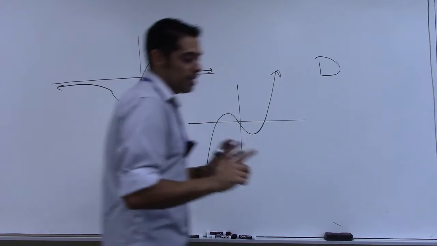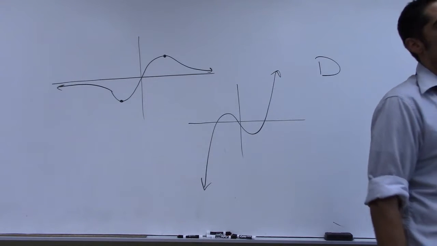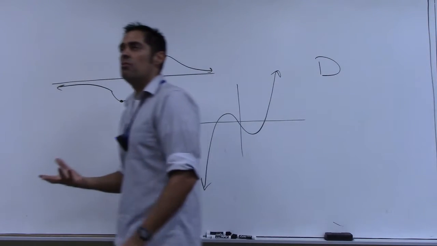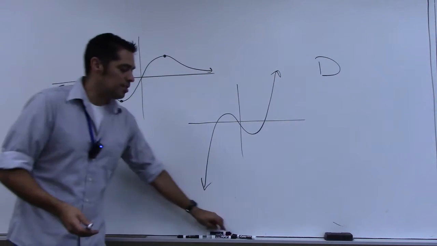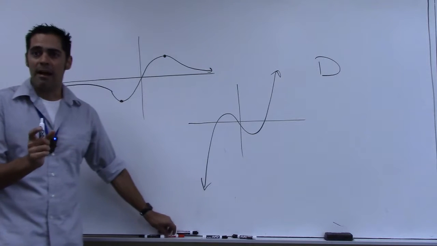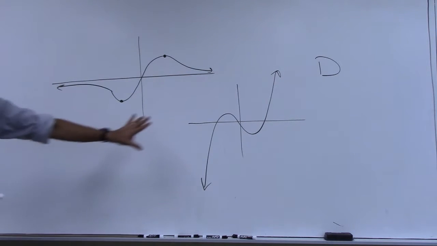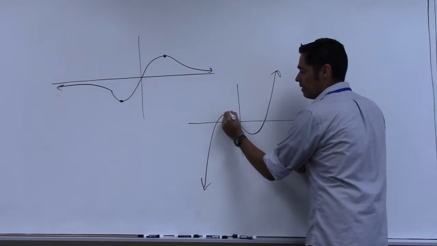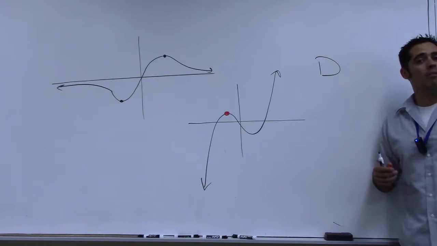All right. But we do have some things called local maximums and local minimums. And when it comes to local maximums and minimums, you do not have to look at the entire graph. You look at just a small region of the graph, and you look for a highest and lowest point. So let's go to this x cubed, or this cubic function here. This point right here is not an absolute maximum, but we would call it a local maximum.